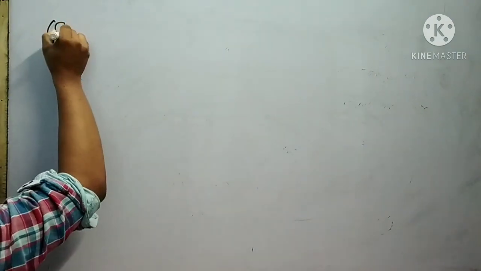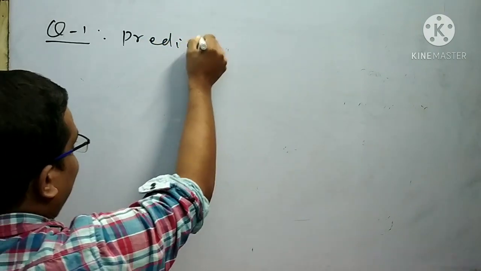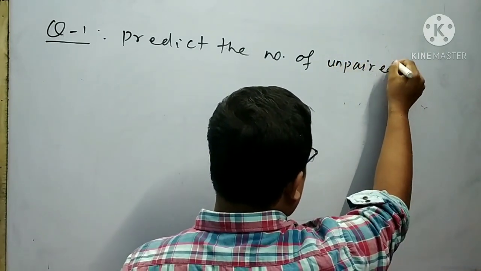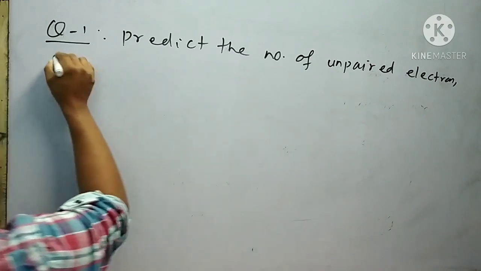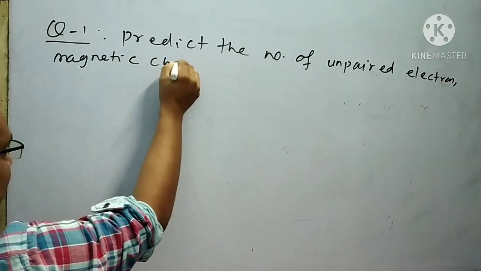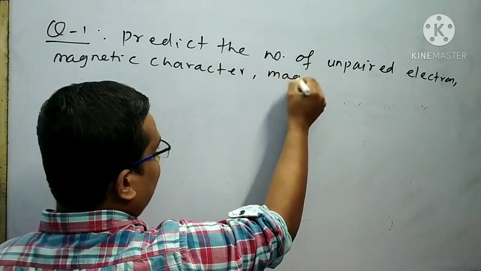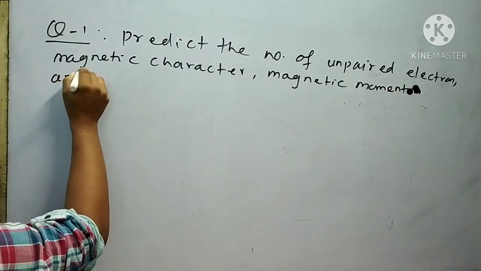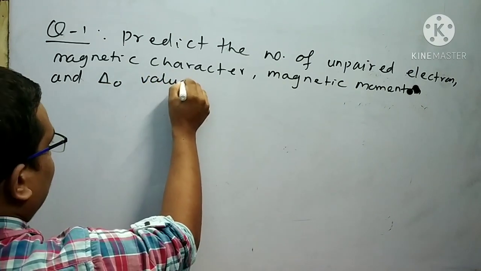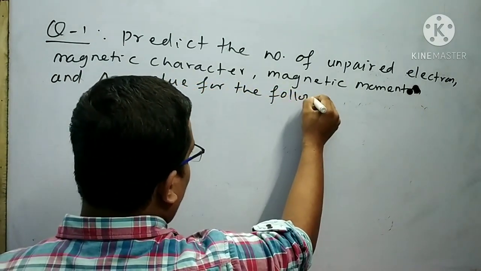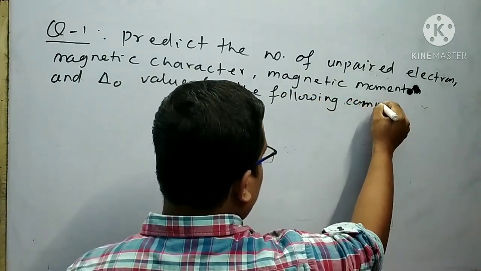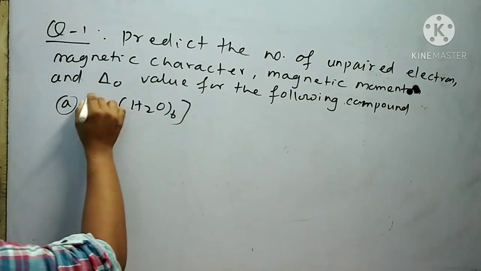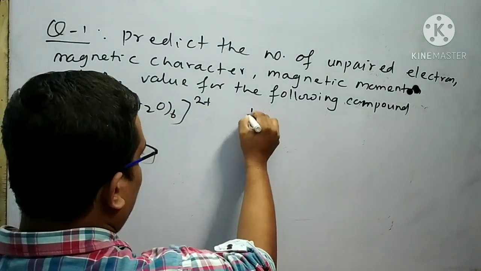Now I will solve some questions. Question number 1 is: predict the number of unpaired electrons, magnetic character, magnetic moment, and delta 0 value for the following compounds. Number 1 is [Cr(H2O)6]2+. Number 2 is